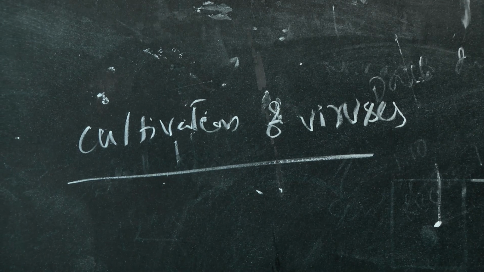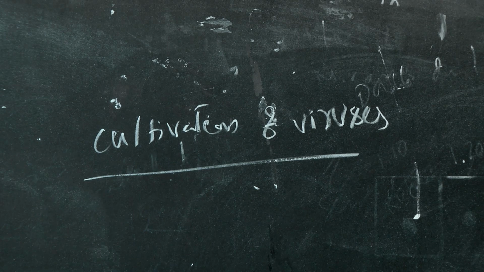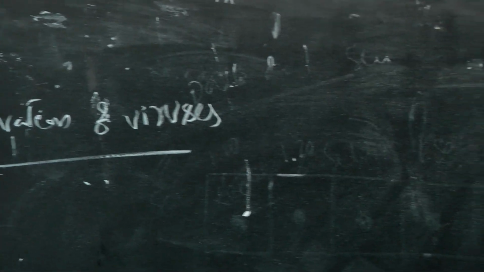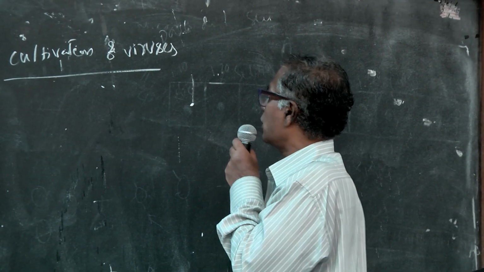We know that one of the things we have to be doing in the lab as microbiologists is cultivation of organisms. For example, the majority of bacteria or rickettsia or others are not obligate intracellular parasites, so they can be cultured in inanimate media in the lab. However, viruses, as the definition says, are obligate intracellular organisms. That means they need a living tissue for their growth. So there are many methods that have been practiced for the cultivation of viruses.